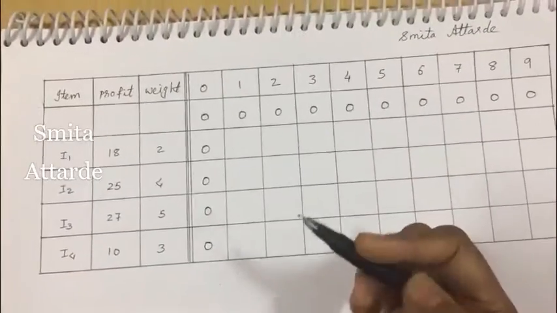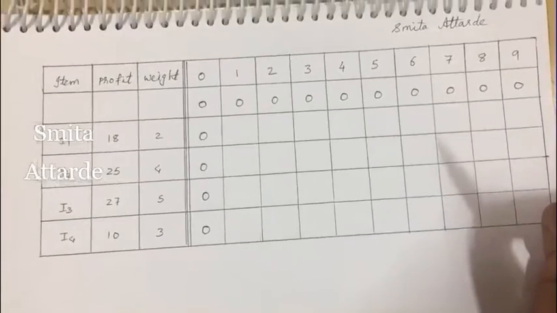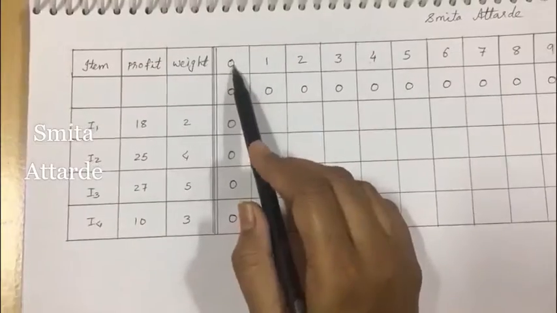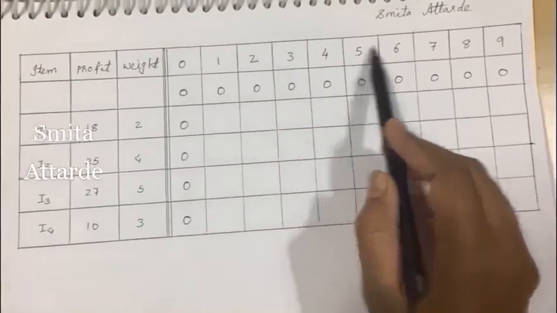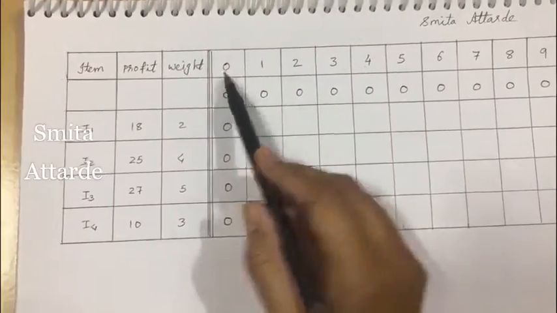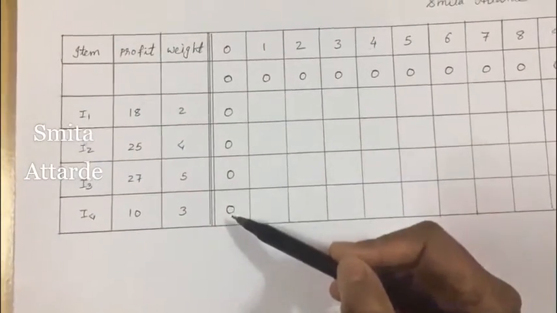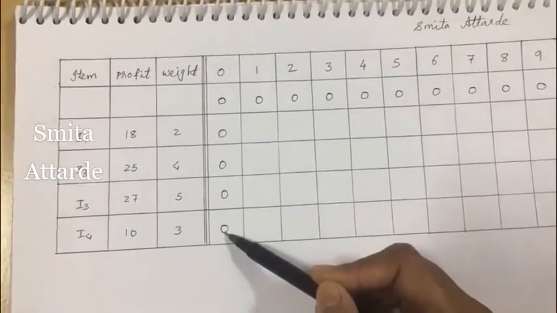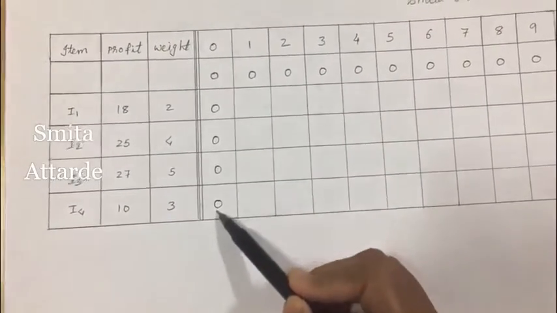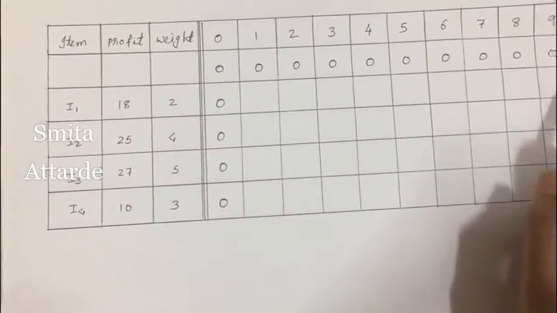Just as we have seen in the longest common subsequence problem, we have an extra row and extra column initialized to 0. So here also we have an extra column which indicates the capacity of the knapsack is 0. This is the capacity of the knapsack. So when the capacity of the knapsack is 0, the profit obtained is 0. As we have seen in the formula, for i equals 0, j equals 0, that means when i equals 0, all the row entries are 0, and all the column entries are 0.